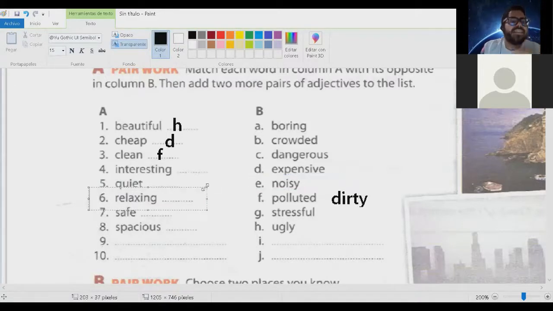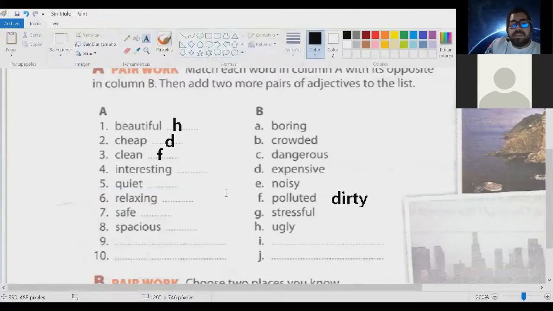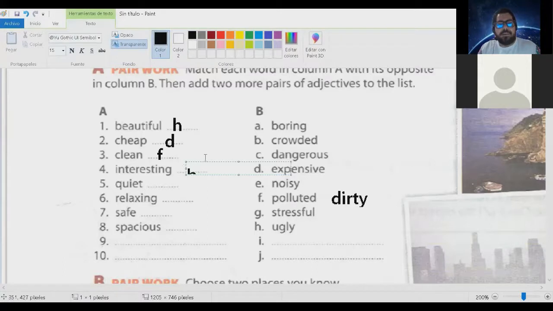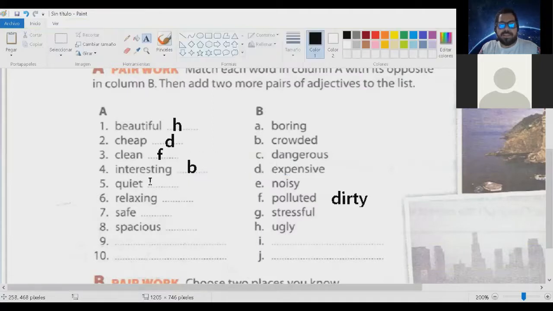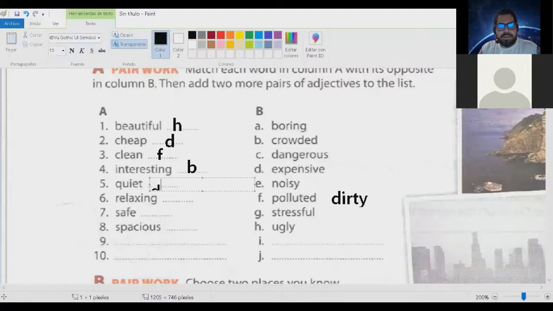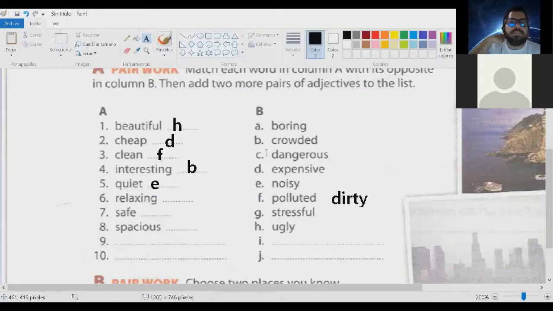The next one, guys, relaxing. That's something that you know. Something could be relaxing. And if something is not relaxing, guys, it's almost like in Spanish. What about that word, guys? Relaxing. What is the opposite? Let me write the answers, guys, so I don't forget them. We have quiet, and it was noisy over here. And now we're talking about relaxing, okay? What about relaxing, guys? The opposite, yes? Someone?